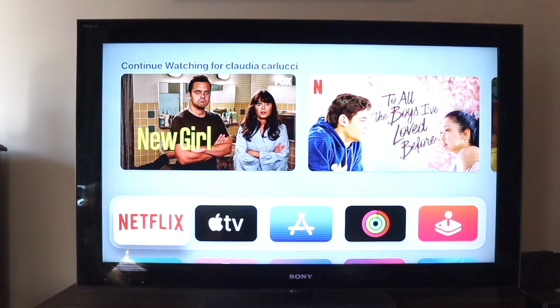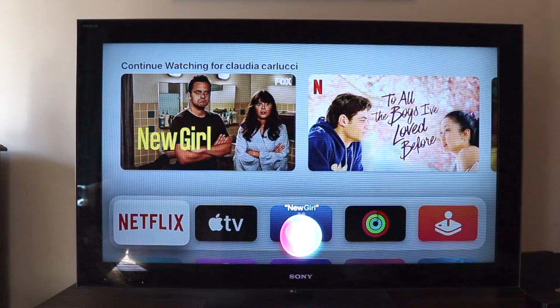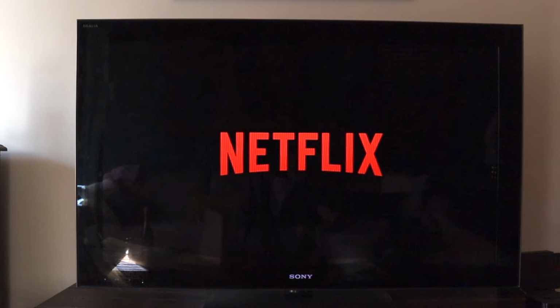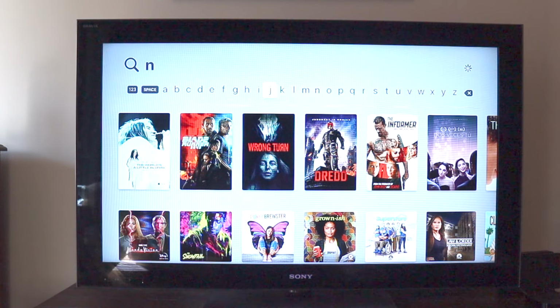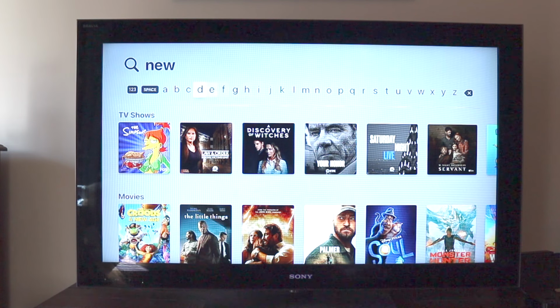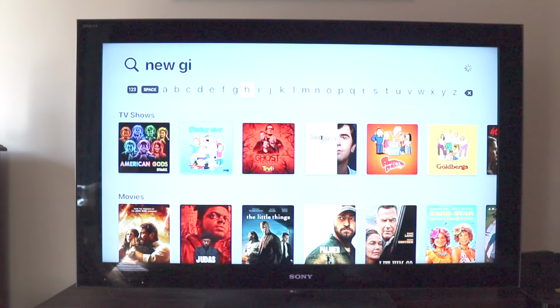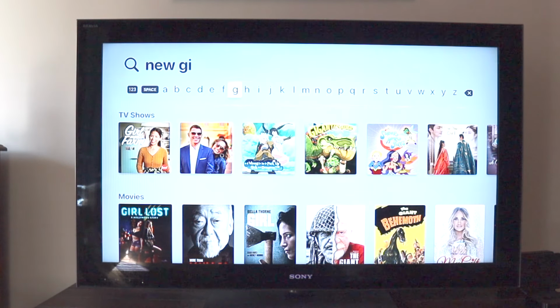Now let's talk about searching with Apple TV. The easiest thing to do is to hold down the microphone button and ask the TV for what you want to watch. But let's just say that feature is not working for whatever reason. You will just have to scroll around to each letter to type out the word and then just click on it when you're hovered over the letter. Obviously, this is the most time-consuming part if you are going to be typing in the name of a show